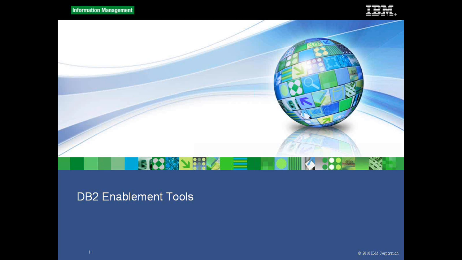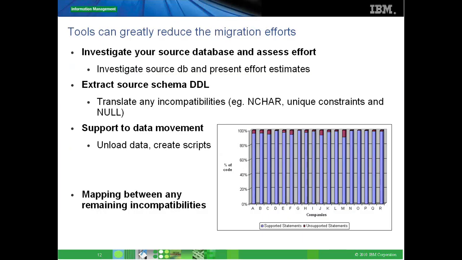Now, having spoken about the approach that we take for enablement, I'll quickly take you through the tools which are available earlier and what they did for us. So again, why talk about tools? Because if you look at this chart, it's showing that it's a combination of the tool as well as the compatibility vector that is available in DB2. Most of the SQL statements or PLSQL statements that are part of your application are pretty much ready to execute on DB2, which leaves us a very small portion of the application that we need to look at. And that's where the amount of effort that you require to carry out a migration exercise reduces drastically.